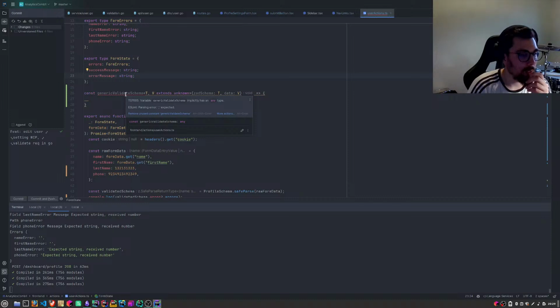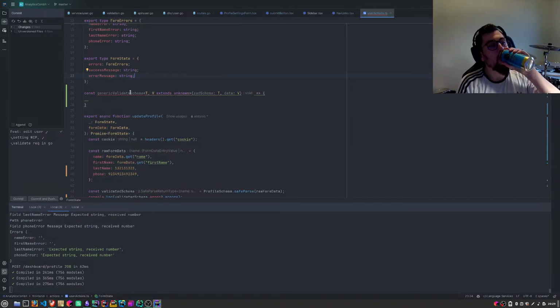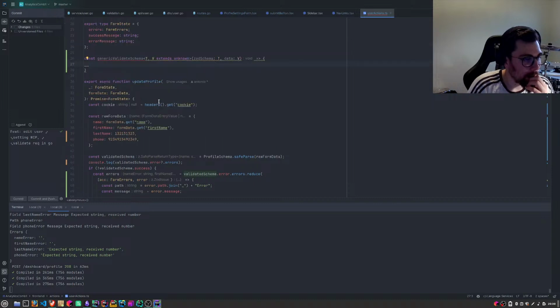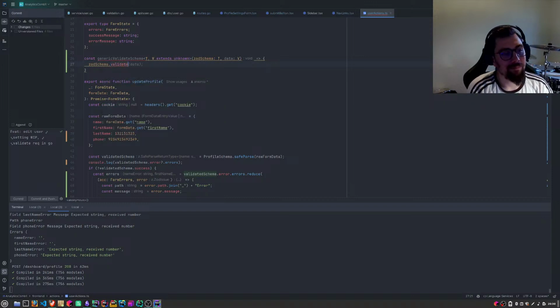Parsing error. Okay. I don't know if I did this correctly, I'm going off the top of my brain.